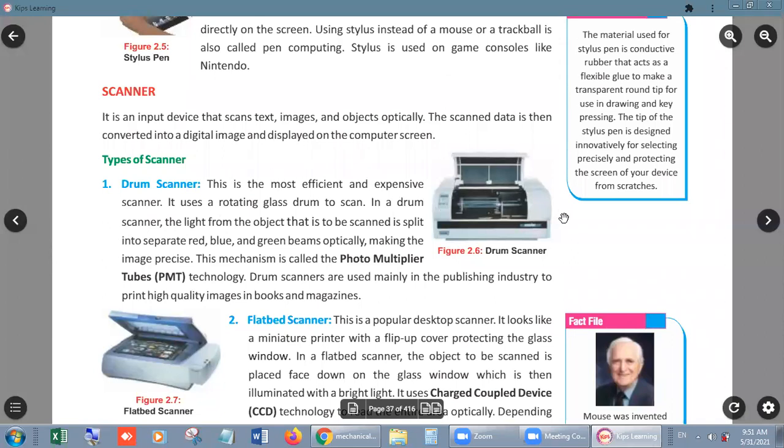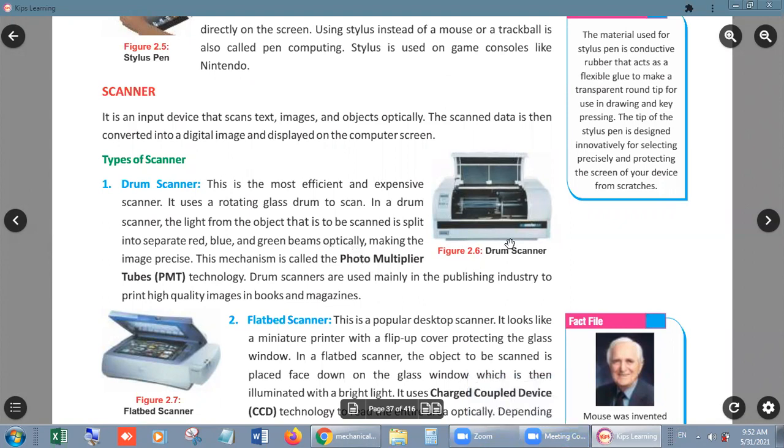Look, students, when we use a drum scanner, it is just like a roller. When you put any page inside it, it will automatically revolve around it because its main revolving area is round, right? Then it can scan the whole page and spray some light in the form of red, blue, and green beams, right? So the image can be scanned and the same image can be drawn inside the computer, right? So this mechanism is called the photo multiplier.